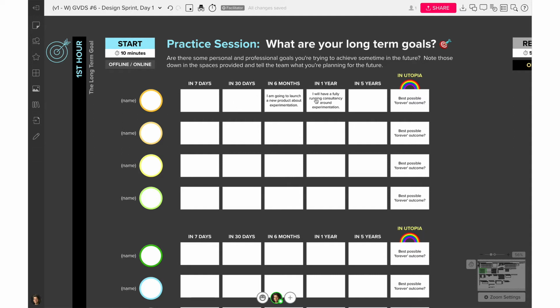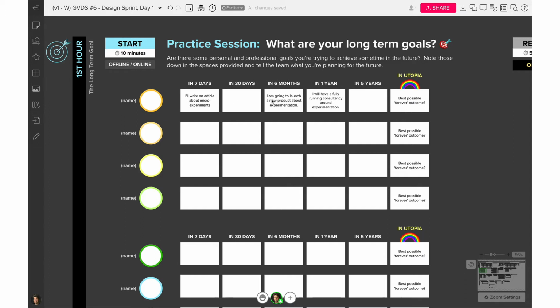So if I wanted to go after these particular goals in this time frame in 1 year, and in 7 days in a week, what do I have to do? It's like I'll write an article about micro experimentation. So I can start getting my thoughts on paper, or I would say paper, but digital paper. And I know how to write, so I'll put my articles there. And you just keep on doing this until you get to the utopian version, the best possible forever